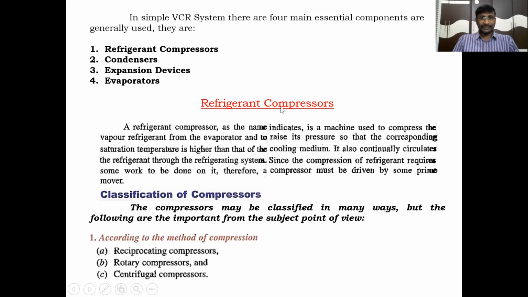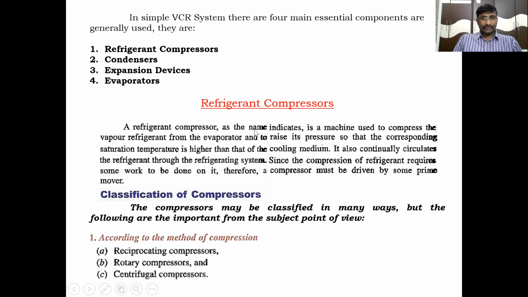Why do we call it a refrigerant compressor? You already studied in TE1 the air compressors, that those compressors are meant only for air compression. That is, the working fluid is air. But here compressors are meant for the refrigerants which are used in the refrigeration system. From the subject point of view, many types of compressors are there, but we are looking only at the few compressors which are used in refrigeration systems.